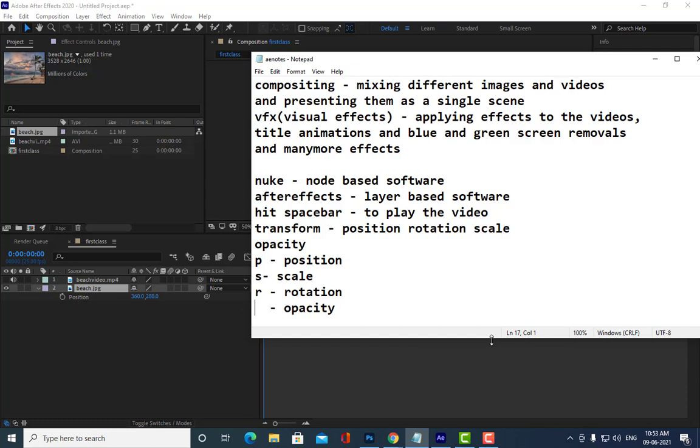Here is the tricky thing: O is not for opacity in After Effects. It is T. That is one difference here.